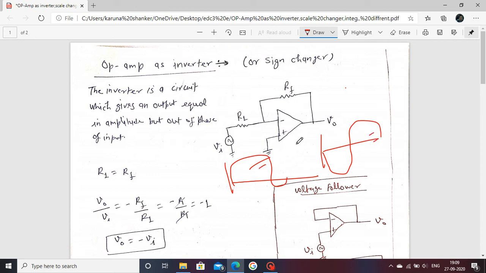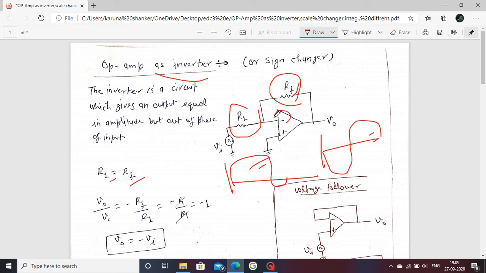How does it happen? When the feedback resistance and the input resistance R1 are both equal in resistance value. Suppose we consider R1 and RF, meaning feedback resistance. In the previous lecture we also took R2 as a variable or symbol. You can use R2 or RF, meaning the feedback resistance. If both values R1 and R2 are the same, then the circuit works as an inverter, meaning whatever input is applied, the output comes 180 degrees out of phase.